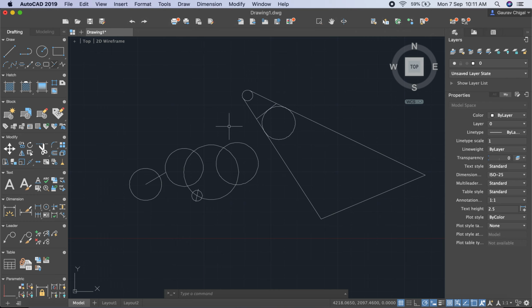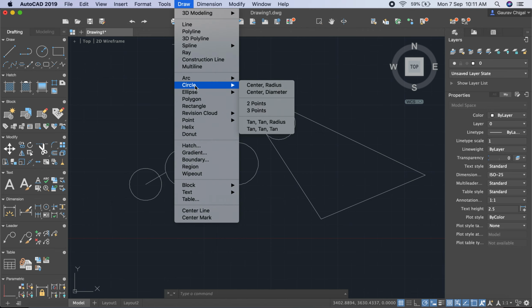There are three methods by which you can input the circle command: by directly clicking on the circle icon in the command ribbon, or by going to Draw, clicking on Circle, and selecting the option you need.